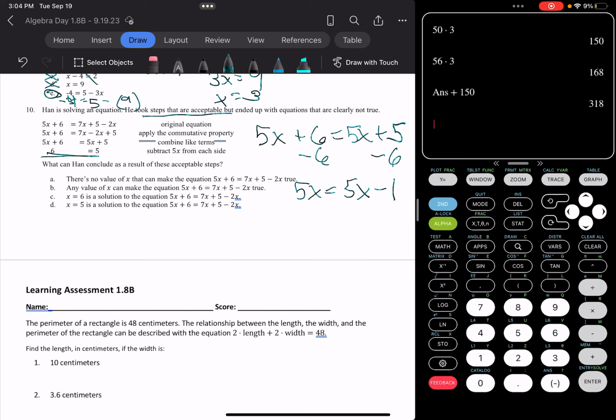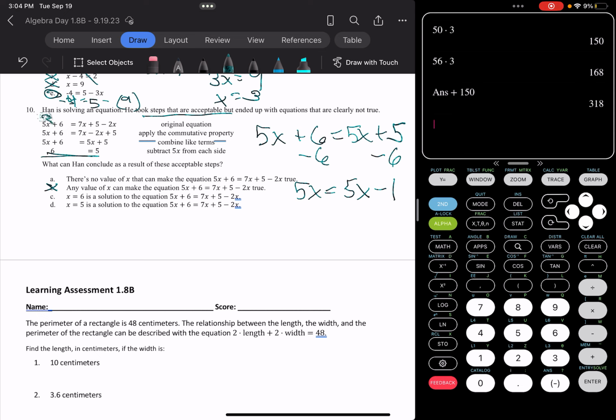B, any value of x can make the equation true. No, if I put in like 3, that's not going to work. So we know it's not B. C, x equals 6 is the solution to the equation. No, that is not true, because if we were to plug that in and try that, put 6 in there,